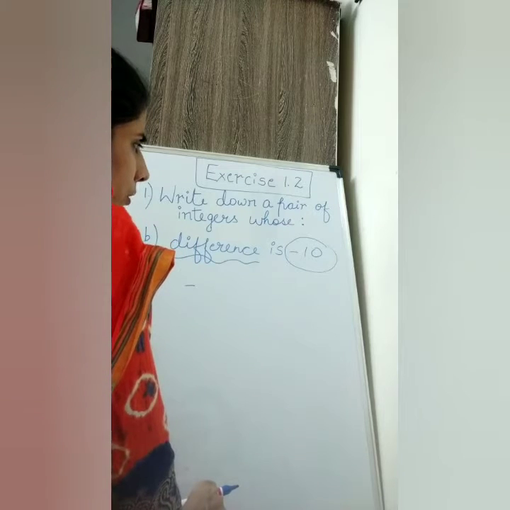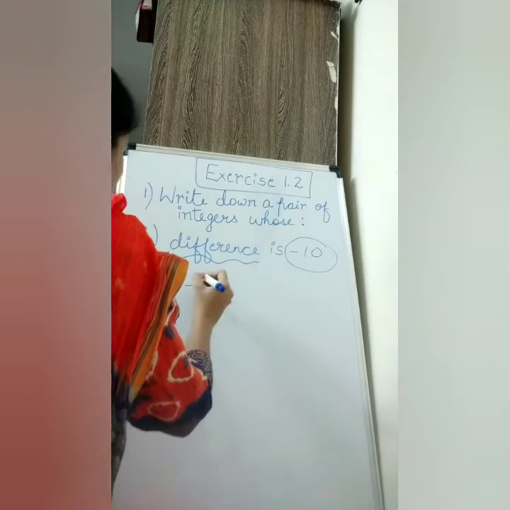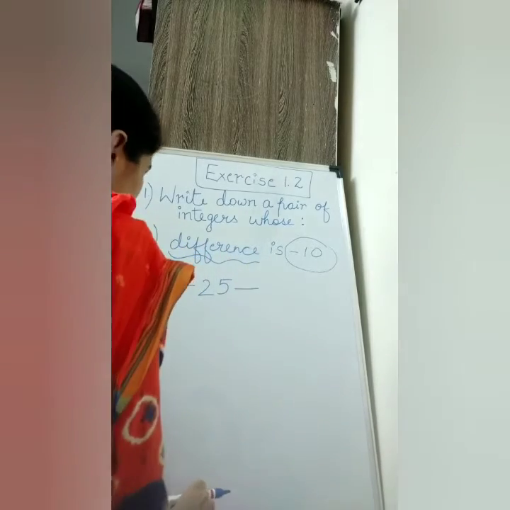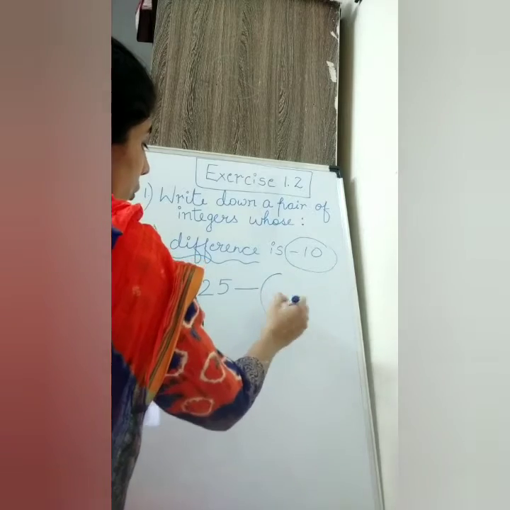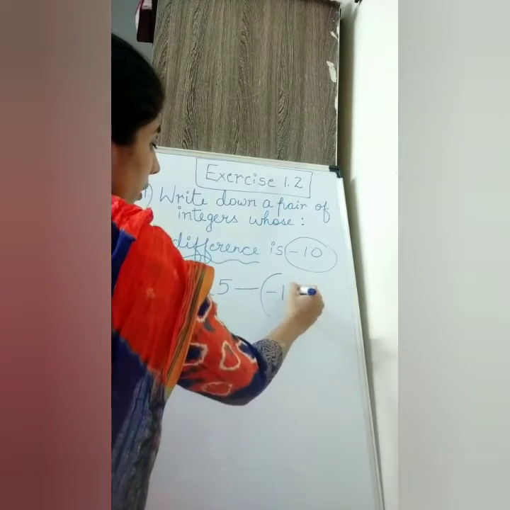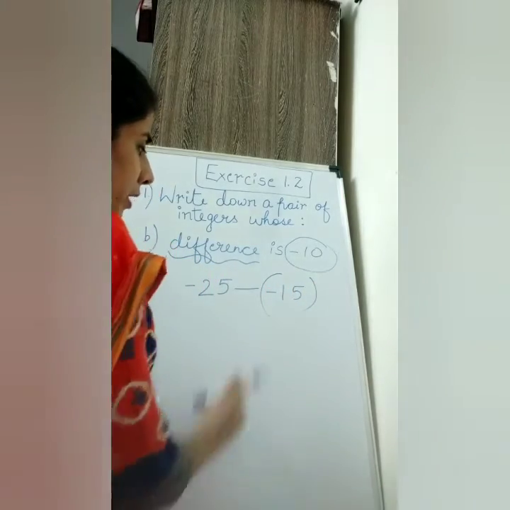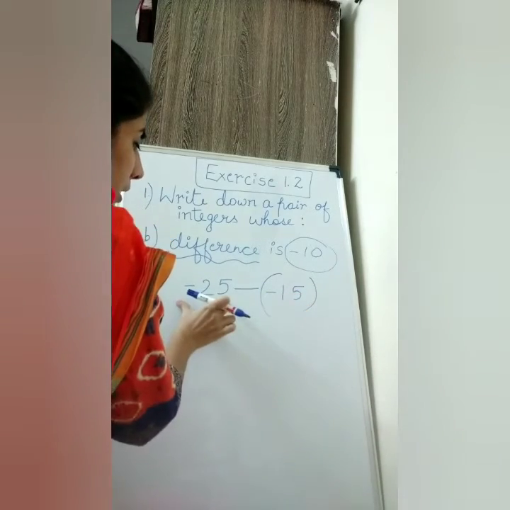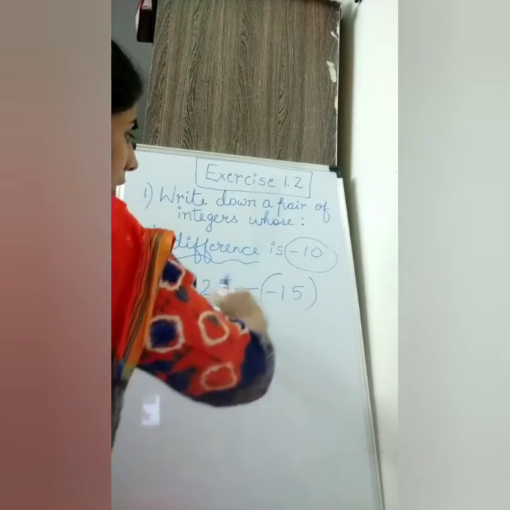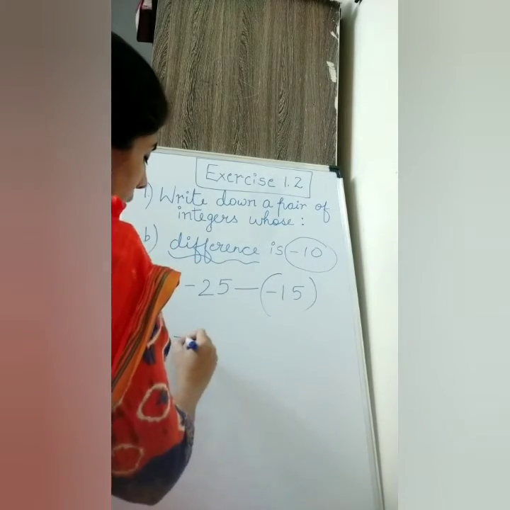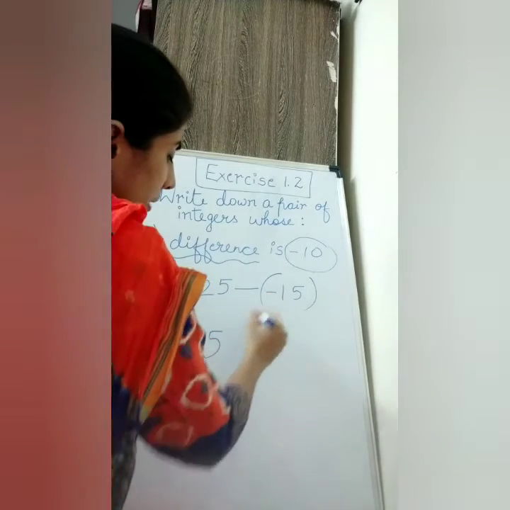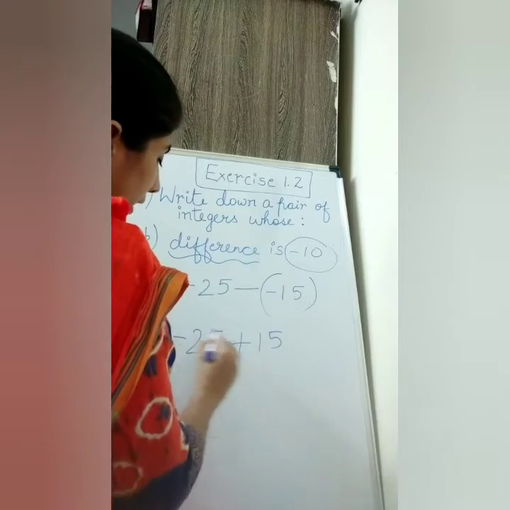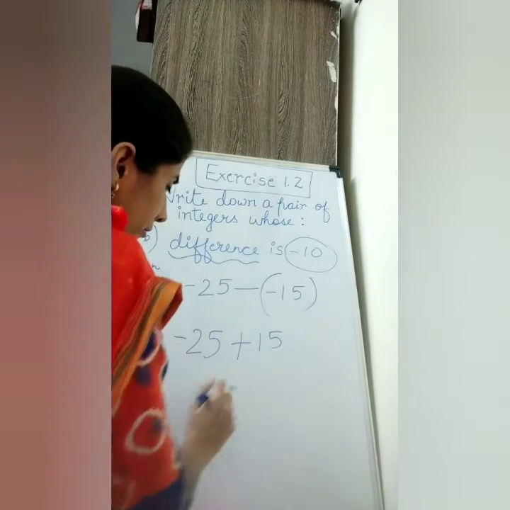And there are other ways also to get minus 10. Suppose I am writing 25. Now they mention difference, so we will write the minus sign. Now suppose I am writing minus 15. You know why I am writing minus 15? Because minus minus will be plus. This will become the plus part, this will become the minus part. So we'll subtract it to get minus 10. Let's see. So this will be minus 25, minus minus will become plus, and this will be 15. Now minus plus will be minus. 25 minus 15 will be